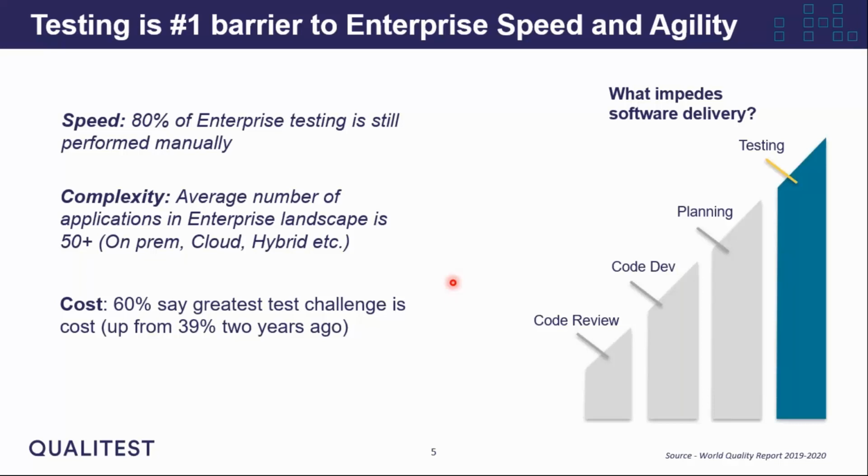There's numerous studies out there. World Quality Report is a common one that people look into, and really that's identifying a number of key things. So people are saying 80% around the enterprise testing space still doing manual testing. So whilst there is automation in there, people aren't capitalizing on automation, and it's just focused around regression most of the time. We know it's a complex environment, typically 50 plus other applications integrating. Certainly we see a lot more than that, instead of 100, 200s in some instances. And the test of cost, because everything's still manual,